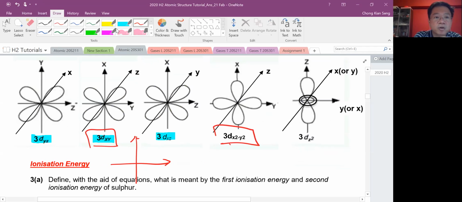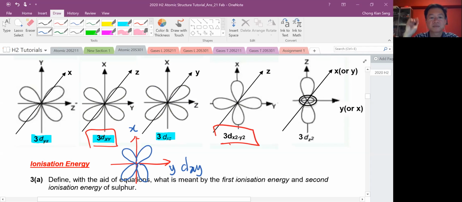If I were to draw, I will draw them in between axes. If this is the y-axis and this is the x-axis, I will call it the dxy. If I were to change this to a z-axis, then I will call this the dxz,